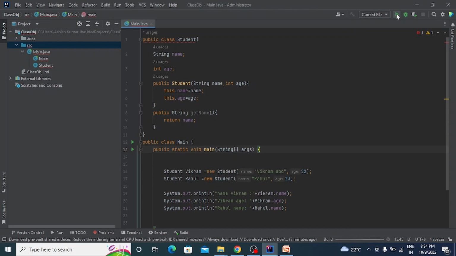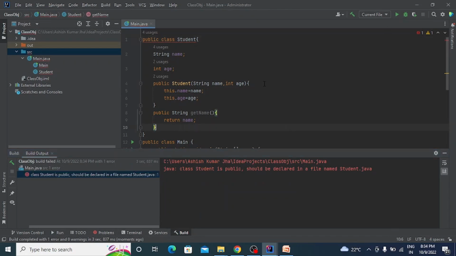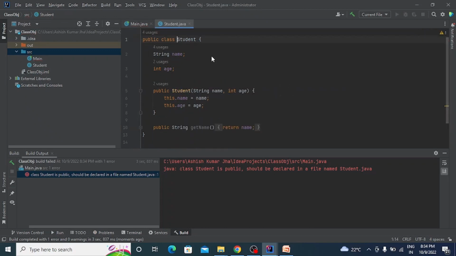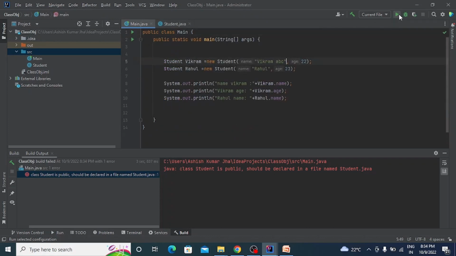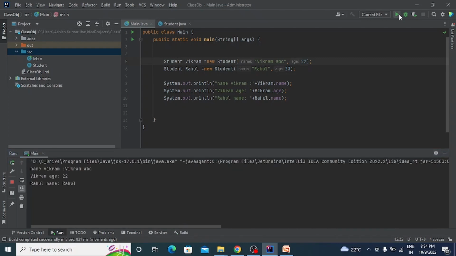Run that code now. It's going to say we need to create that in a particular file. So let's move this code to the other file. Now it will run properly. So here is our output: Vikram name and Vikram age 22 and Rahul name is Rahul. So we can see here that every object has its own unique